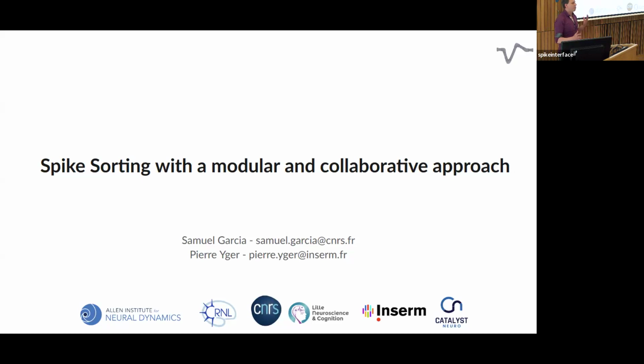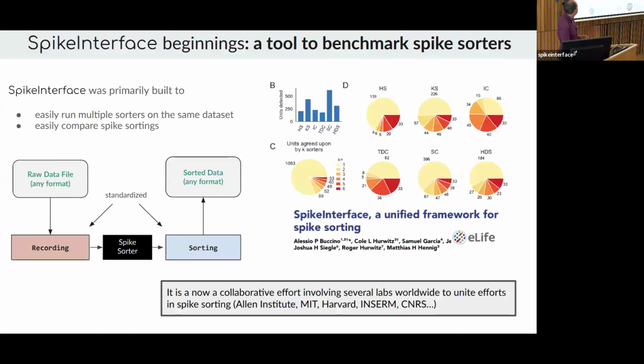on spike sorting IDs and pipelines, and there are some good ideas here and there. The idea would be to try to think about combining all of them. You already heard quite a lot about SpikeInterface in the previous talks, and if you're attending the tutorial session tomorrow, you'll hear more about it. SpikeInterface started as a project to properly benchmark spike sorters back in 2020. It aimed at unifying and standardizing the way people were handling the recordings and the spike sorting results. So you had the raw data, then it was conceptualized as a recording, and then the black box was the spike sorters, could have been Kilosort or something else.